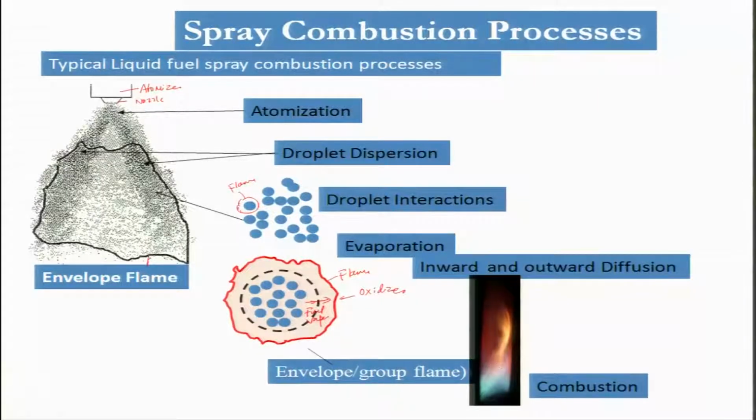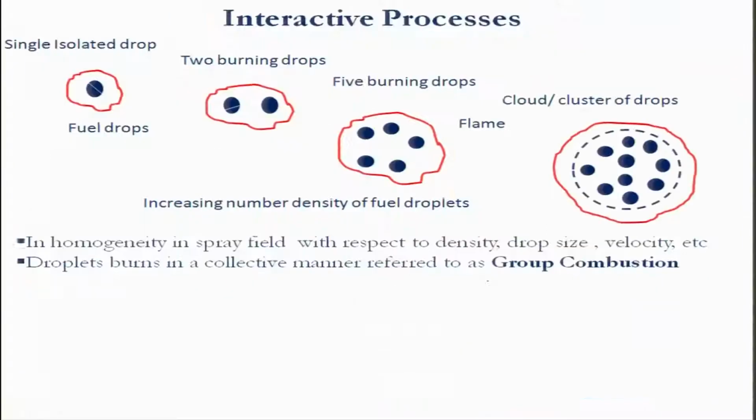Of course, I have shown a flame from my lab itself, liquid fuel combustion. You can see this is again a jet liquid fuel combustion. This blue color is well mixed, and here of course the droplets are, and these are the path lines where the droplets will be moving. It is not a very good image. However, if it is a high speed image, you can track the droplet, provided it is a bigger one. If it is small, it will be very difficult to track exactly. So, let us look at what will be happening.